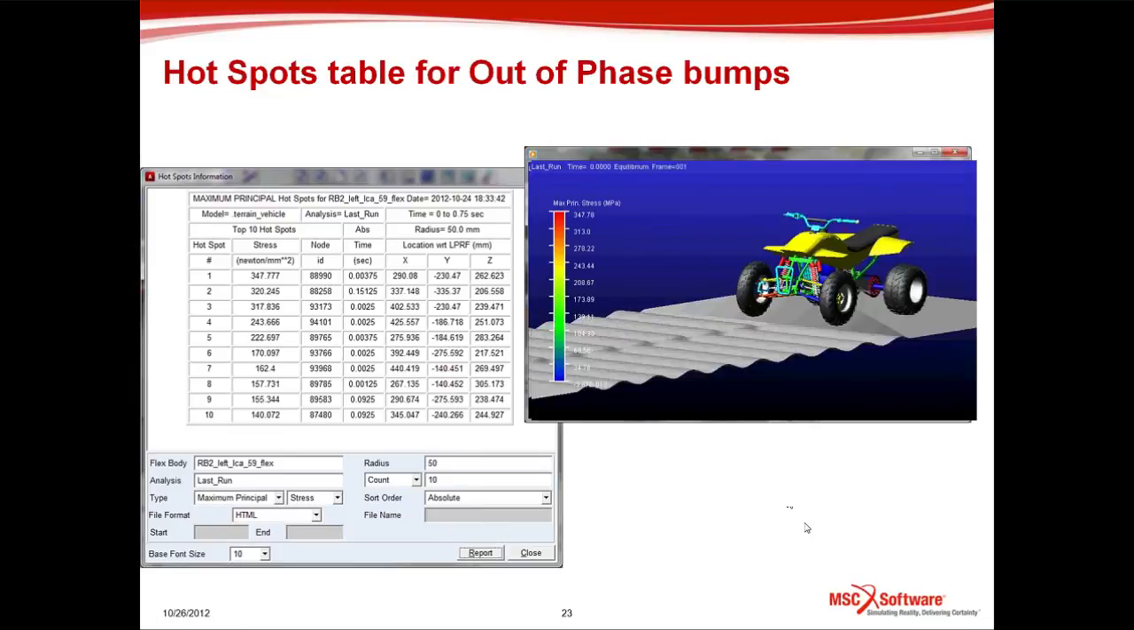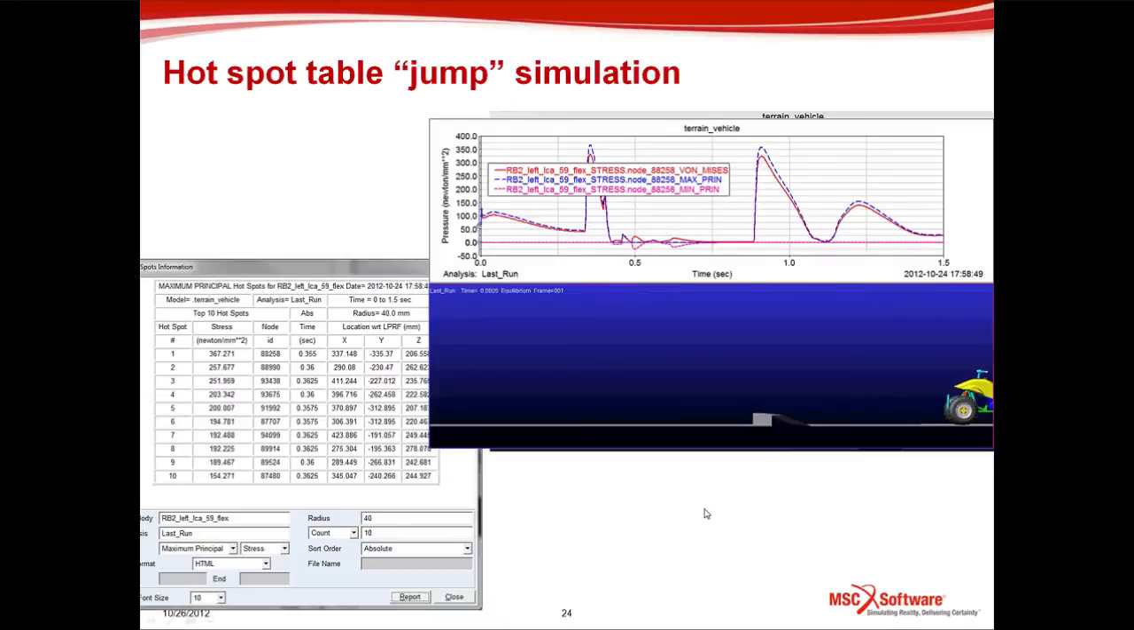I'm going to move to the next possible example. This is a jump once again, and interestingly it shows the relative importance of max principal, min principal, and compared to von Mises. You can see the peaks from the von Mises are a bit lower in this case than the max absolute principal. So this is just a couple of examples of additional events, but in truth we would have a schedule